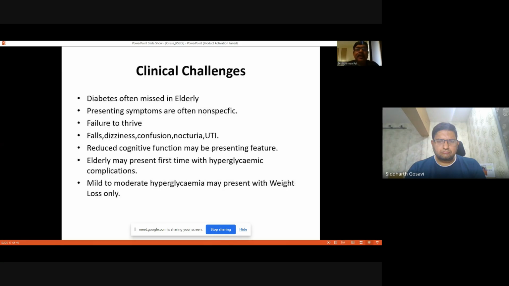quite optimum. Clinical issue: diabetes is often missed in the elderly. The presenting symptoms are often non-specific. When first admitted or coming to the emergency, it is often with a hypoglycemic or hyperglycemic crisis. Even reduced cognitive function may be the presenting feature. For example, my father was okay, or had some mild cognitive impairment, but suddenly in the last 6 months his memory acutely decreased. So reduced cognitive function, an acute decrease of cognition, can be the presenting feature. Otherwise, recurrent UTI, nocturia, confusion, dizziness, and recurrent falls can be the other presenting features rather than the classical features of